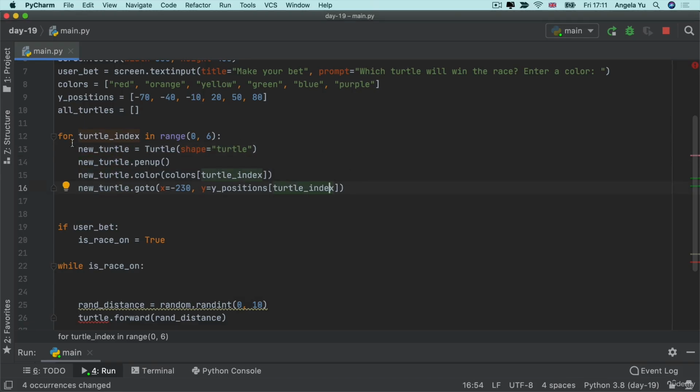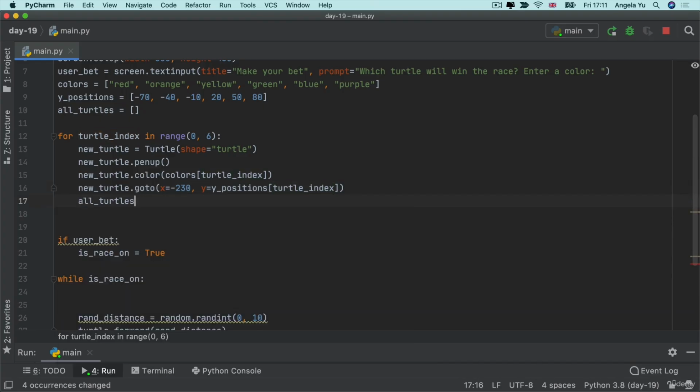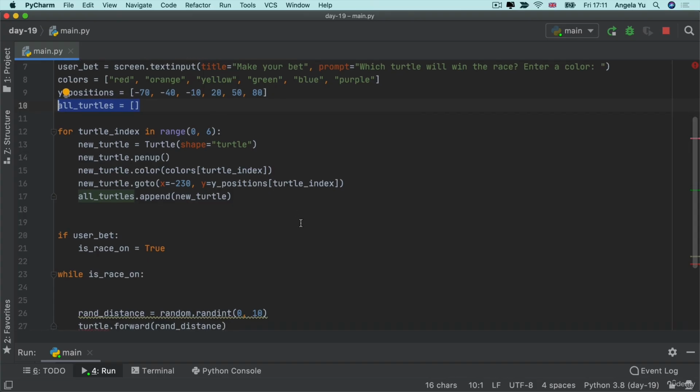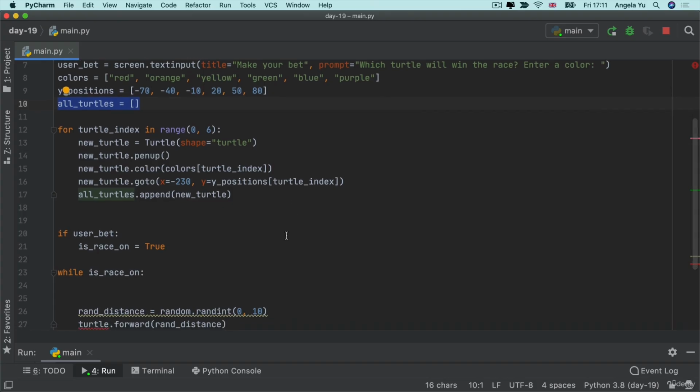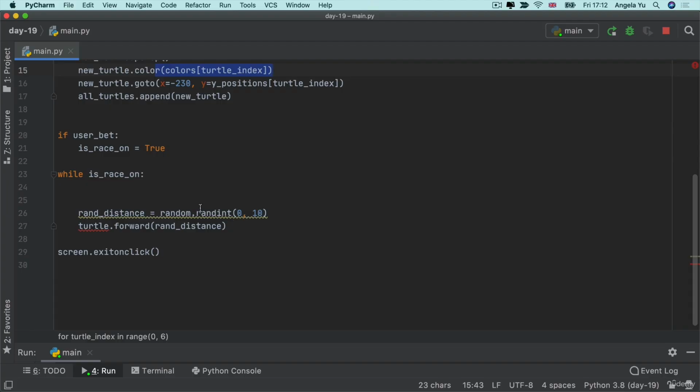And now what's happening in our for loop is we're creating a new turtle, and each of those new turtles is going to be appended to our all turtles list. So now we're going to have a list of multiple turtle instances, and each of those instances is going to have a different state. For example, they already start out with a different Y position and a different color. But later on, we're also going to get them to move forwards by a different amount. So we can loop through our list of turtles. So for turtle in all turtles,